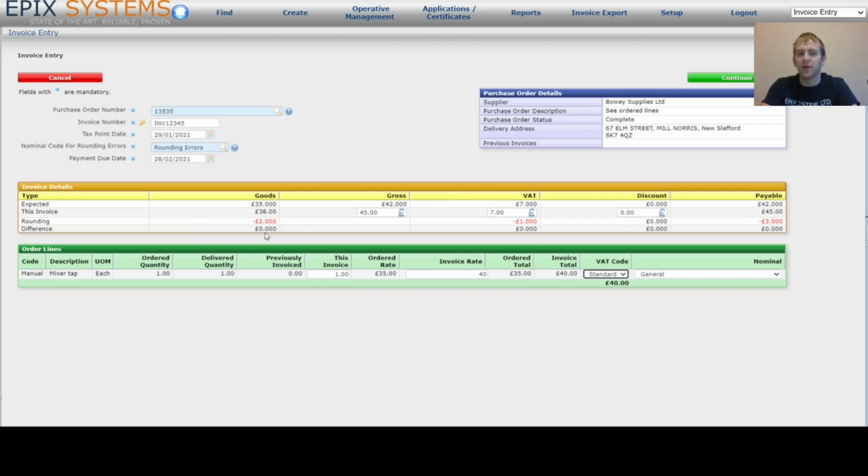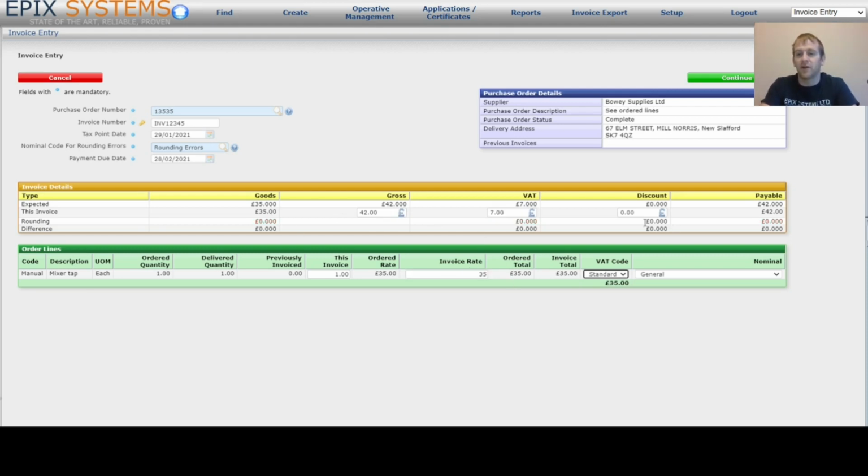Now of course you could simply ignore this and push this through for payment, and that's all okay, or you could record it as this, put the purchase order to a status where you're going to query it with the supplier, and then deal with that however you would normally deal with your supplier, and then redo the invoice when you get it. But I'm going to assume that this is all good, and I'm going to put it back the way it was,